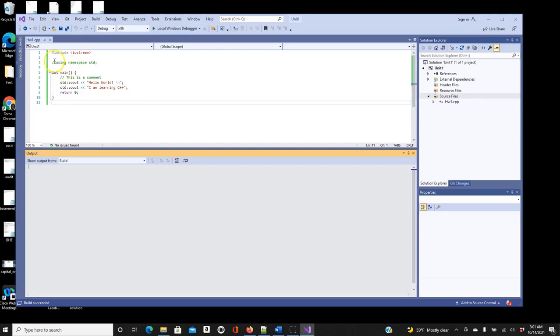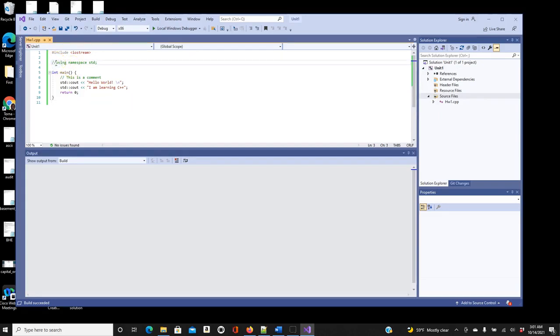And like I told you, I prefer using this one here. When you use this one, you don't have to write standard every time. Most of the programs will have those two guys. Automatically you don't have to write standard here because you already included it here. So that's what this means.